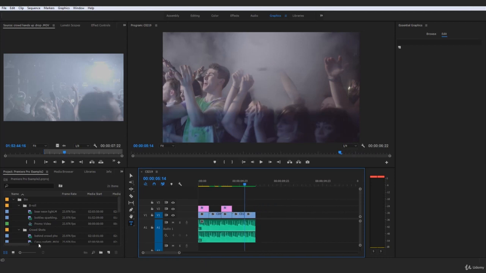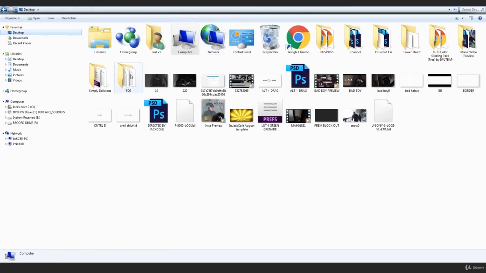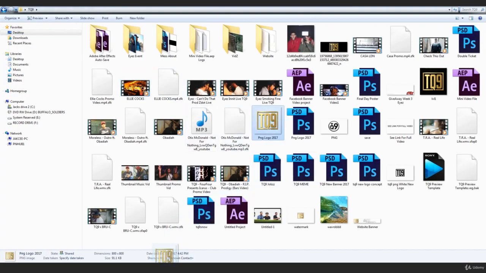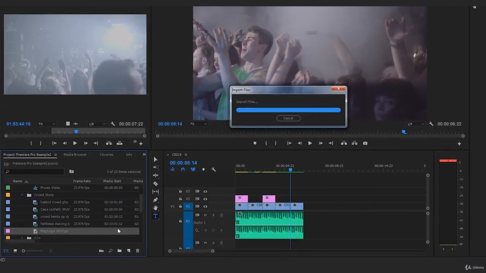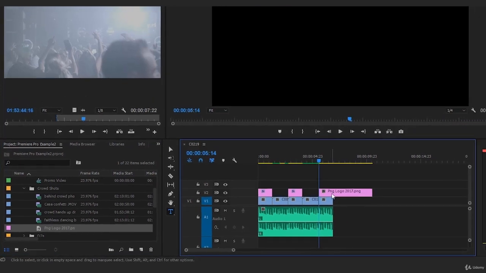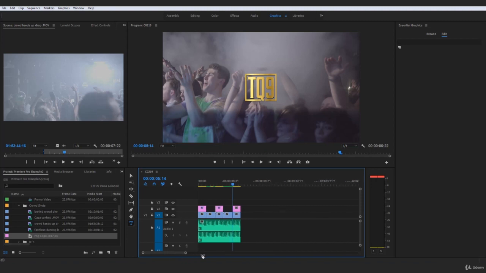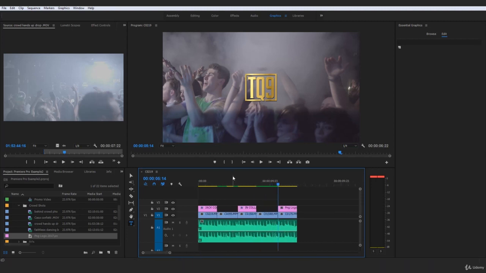So without further ado, now let's just go ahead and import that logo that we downloaded before. For me, it's actually just going to be in my production company's actual folder that I have on my desktop, but for you guys, it will be in resources. Go ahead and drag that into your project media browser area, and click, hold, and drag that over to that last clip right here. Go ahead and press C, go ahead and chop it at the end, and just like that, in a matter of probably less than 5 minutes, we've gone about creating a basic title sequence with a name presents text,